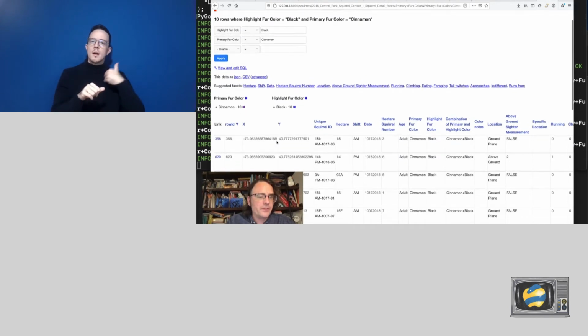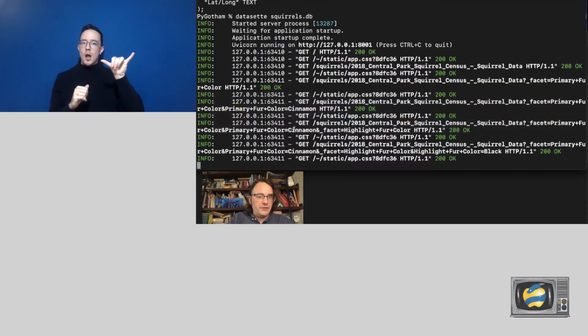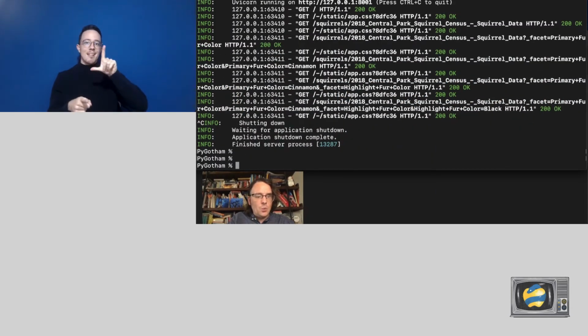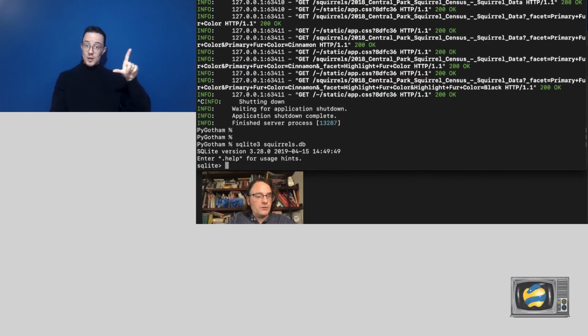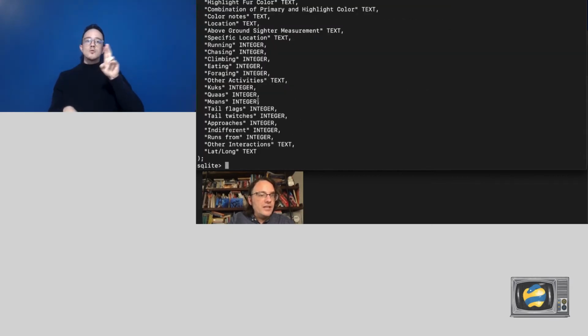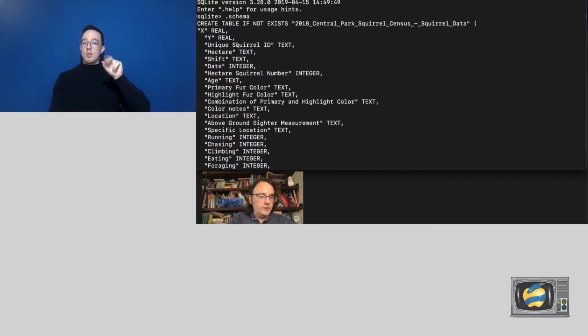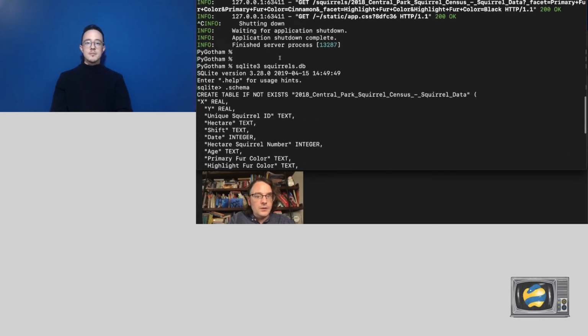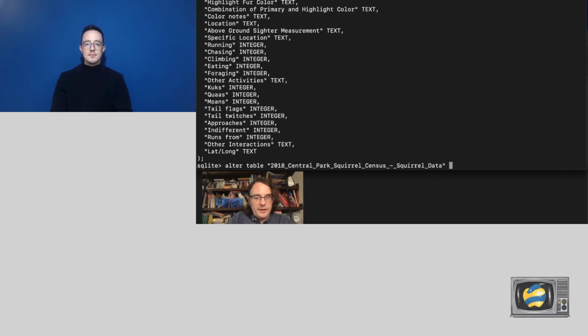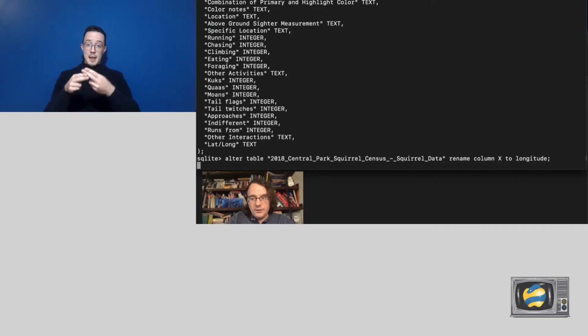Another thing that stands out about this data is there are these two columns here, X and Y, which look suspiciously like they might be latitudes and longitudes. And we can do something really interesting with that. I'm going to load up the SQLite command line tool, again squirrels.db, and I'm going to rename the X column to longitude. So alter table, quite a long table name, this one. I'm going to alter this table here, rename column X to longitude, and I'm going to rename column Y to